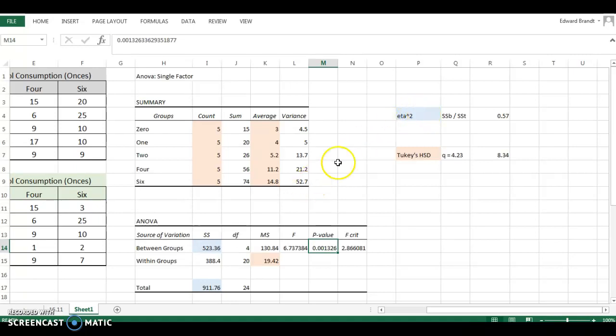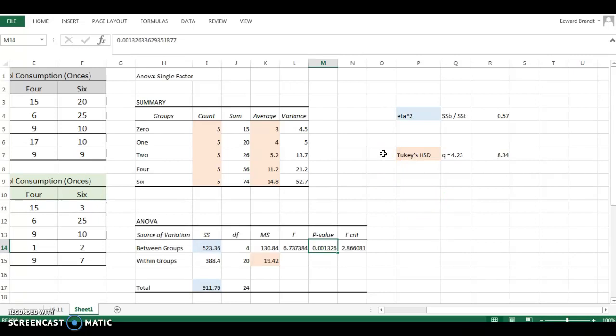And if you notice, the values needed, which was the sum of the squares between divided by the sum of the squares of the total, are given right here. So I paired these up in blue. So these are the two values needed to find that score, which was again the effect size, or eta squared it's called. And then again, due to the fact that this p-value allowed us to reject the null hypothesis, we then go through and